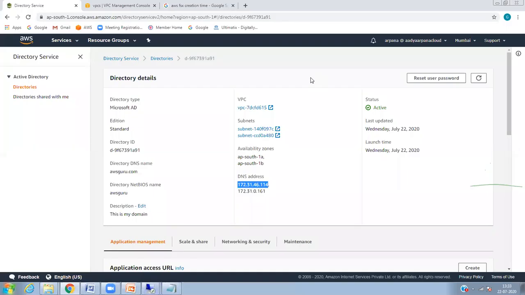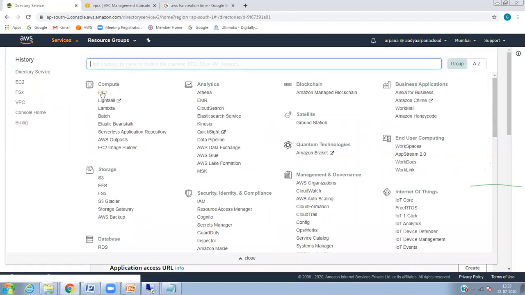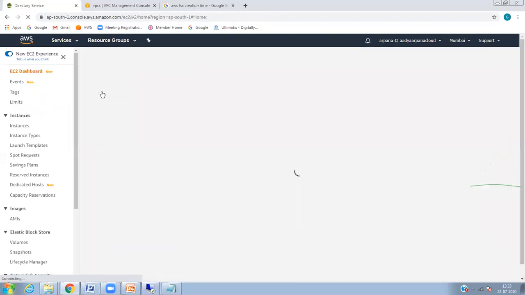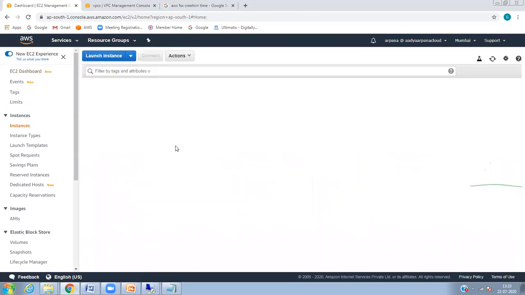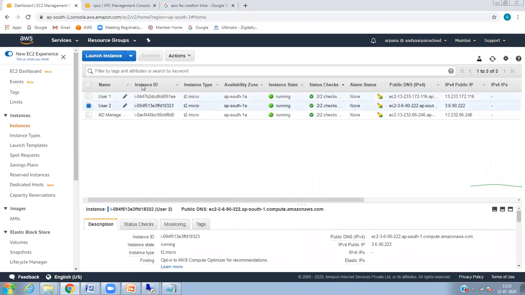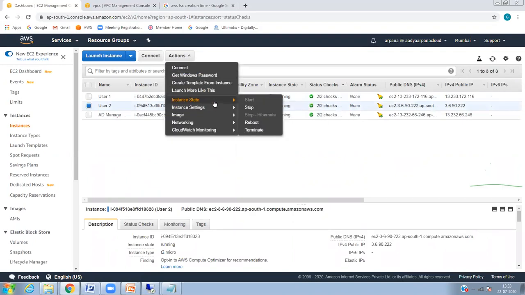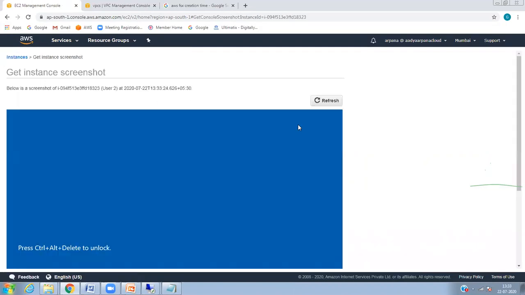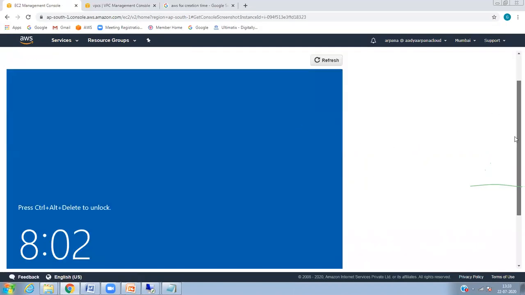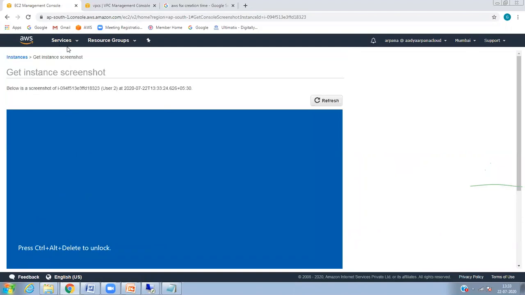Yeah, I got it. In real time, we are not going to give the admin password to the end user. If we give the admin password, the domain password is gone. Anybody can do anything. So we have not given the domain password. So we are set up. Let's see whether it is rebooting. This is already done, right? This is like another server.